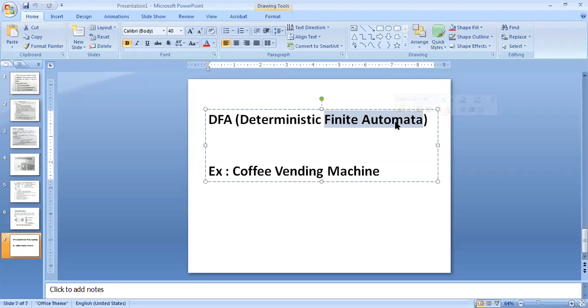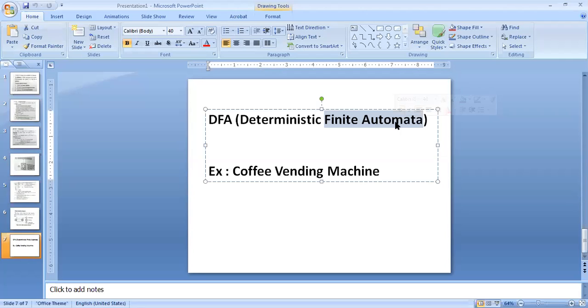Automata is a model of a machine. It's again a Greek word. In a simple way, automata is a model of a machine. A flowchart is a model of a machine, a formal model of a program. That is nothing but automata. A flowchart we'll call an automata.